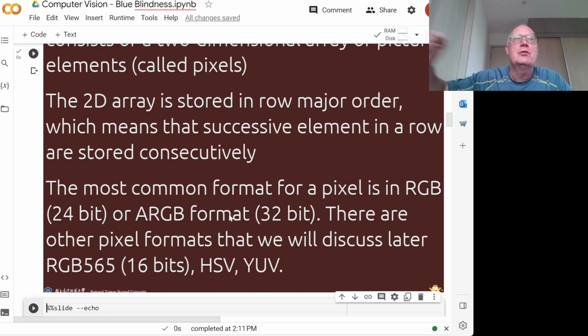So you have the first row, then the second row, the third row, the fourth row in memory. That information is important because if you want to process your images in real time, if you want to process them efficiently, then you have to know how the image is laid out in memory